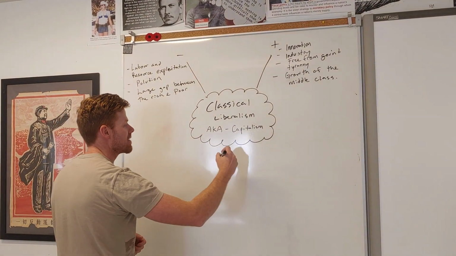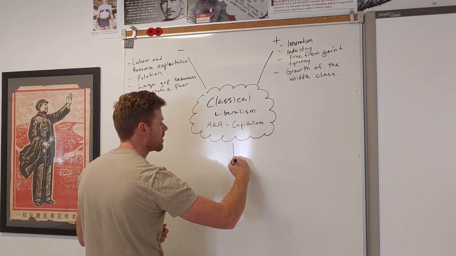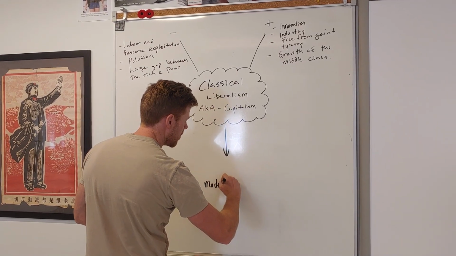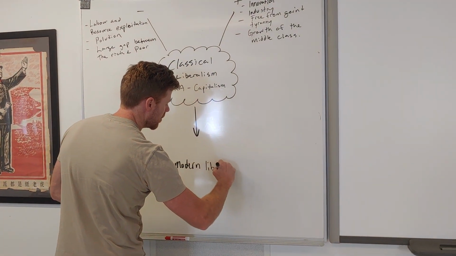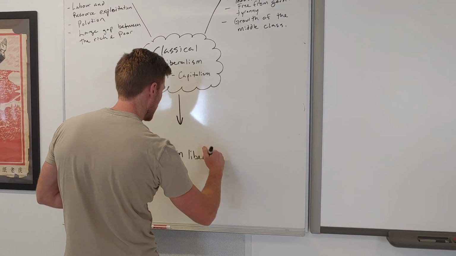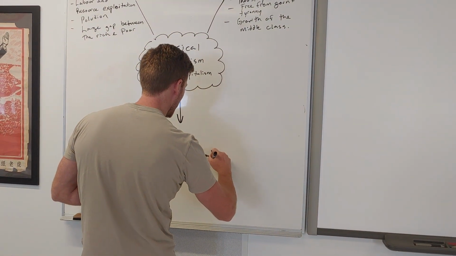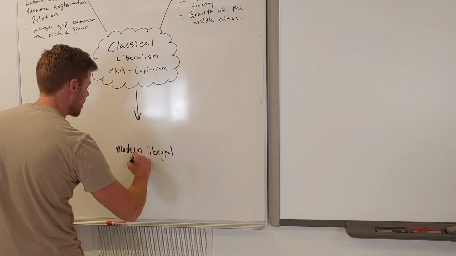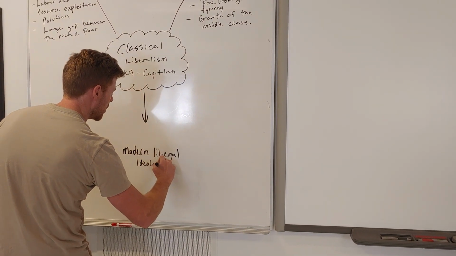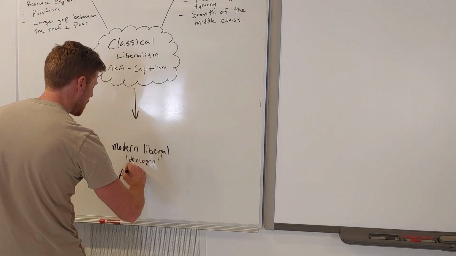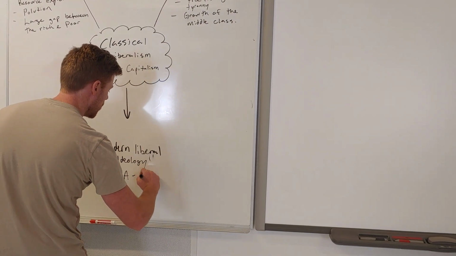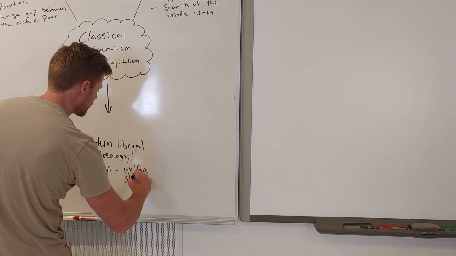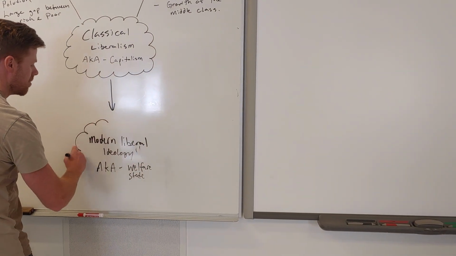So what we're going to see is an evolution from a classical liberal phase into what we call the modern liberal ideology, also known as the welfare state. Okay, so